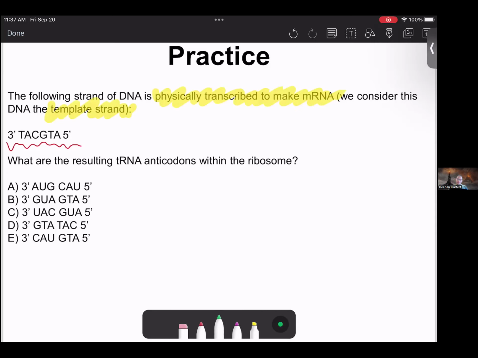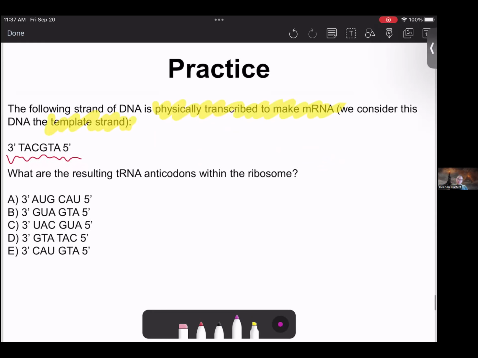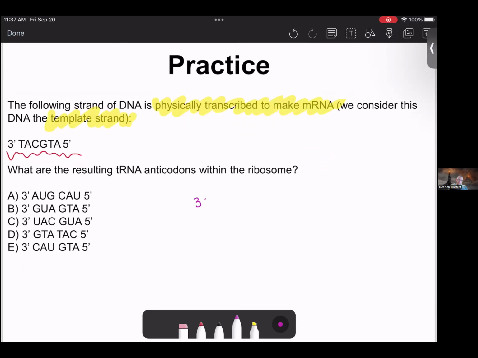So I'm going to go ahead and go black here. I'm just going to copy it down here for myself as we go. Here, I'll even go purple. So 3 prime, we got T, A, C, G, T, A. There we go. Okay. And I'm going to say this is the template DNA. So the template DNA is going to be the one that copies and is copied by the